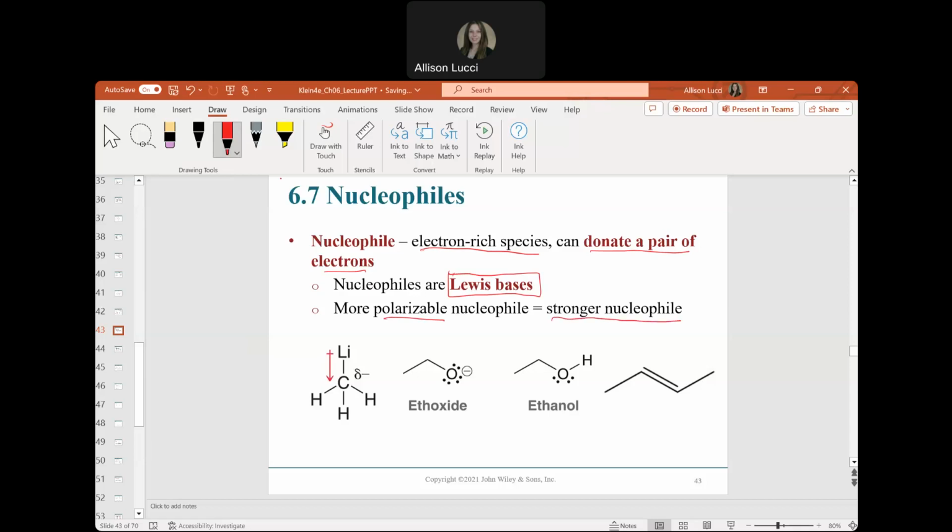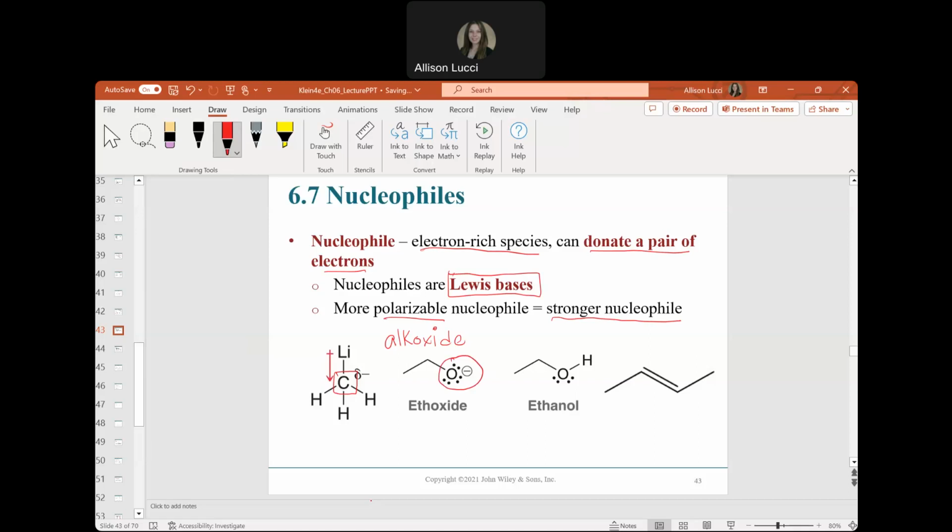So in our first case, we look at our methyl lithium molecule over here. And again, through induction, this partial negative charge is created on our carbon, and that will be our nucleophilic site there. In the second molecule, our ethoxide, this is in general just called an alkoxide, right? If it's not ethoxide, methoxide, etc., they're all alkoxides. And this has a formal -1 charge on the oxygen. It's maybe a deprotonated ethanol that results in this formal negative charge on the oxygen, and that there would serve as our